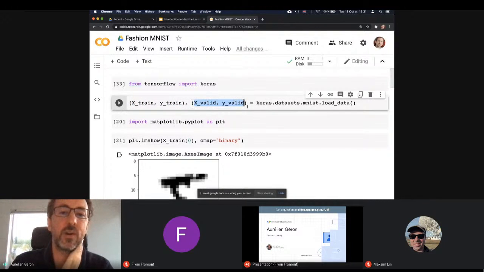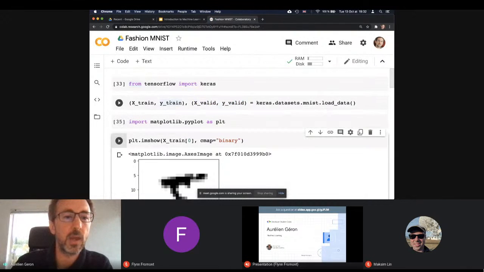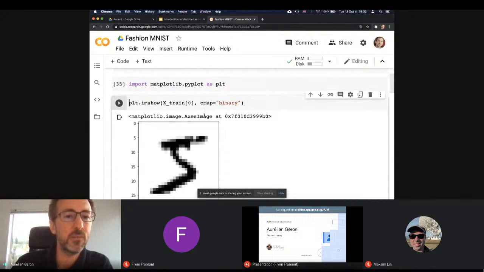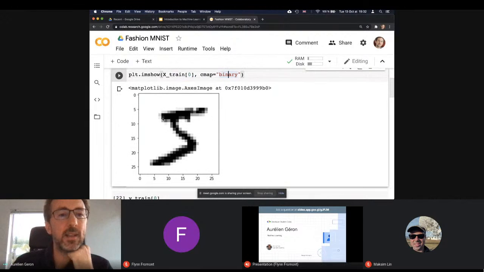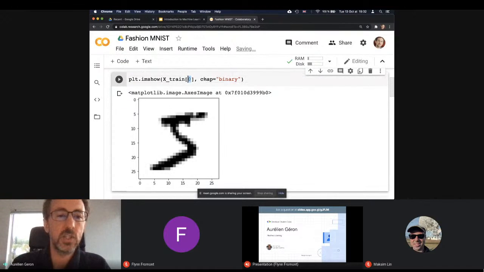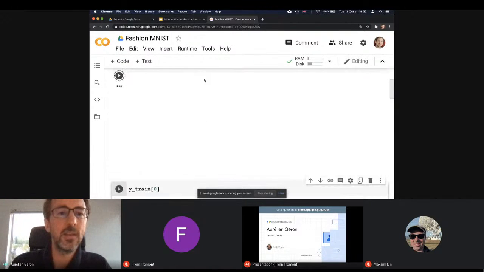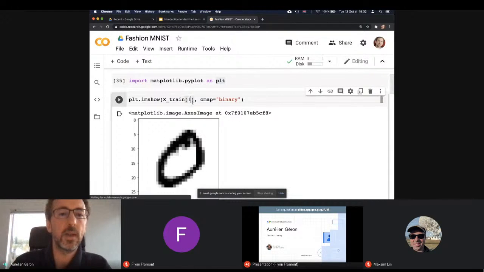It's just used to verify that the model has learned correctly and that it's not just overfit the training set. Okay, so once I've loaded this data, I'll import a library called matplotlib, which allows me to plot stuff. And I'll call imshow using this PLT library to display the first image in the training set, Xtrain of 0. And I'll use a color map of binary just to show it in black and white. And there you go. So the first image in that training set is a digit that represents the number 5, apparently. The second image is a 0, and so on.